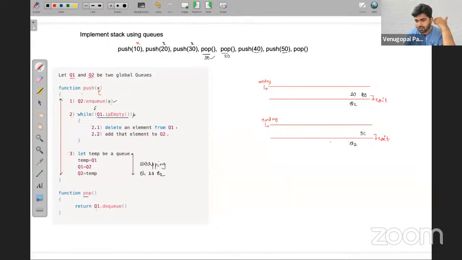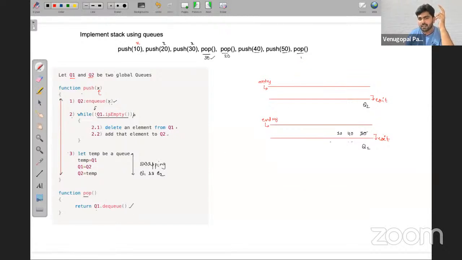After adding it to Q2, delete the elements one by one from Q1, one by one you delete. And then swap the contents of Q1 and Q2. Then these will be gone. So now Q1 will be coming and Q2 will be going above. So this is Q2, and this is Q1. Now, if I call the pop operation, the expected output will be Q1.tq,